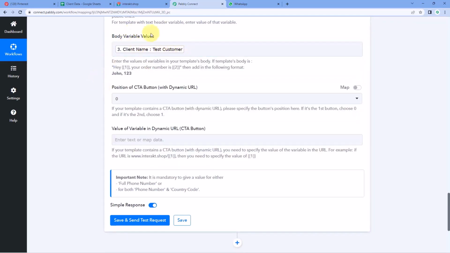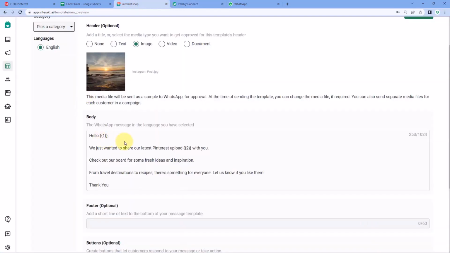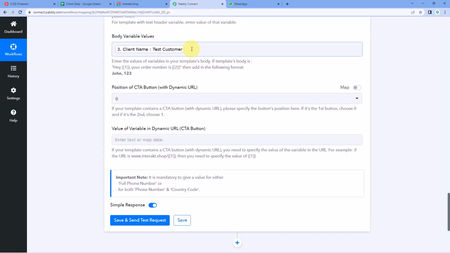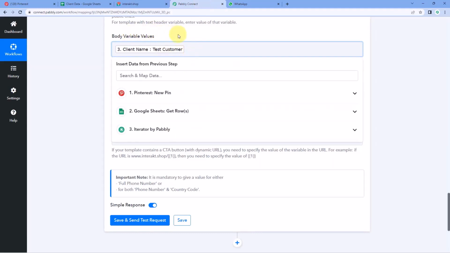Now, after mapping the variable in place of our first variable, we have another variable over here, number 2. So here the message says, we just wanted to share our latest Pinterest upload with you. So here, guys, in place of variable 2, we wanted to mention the title of our Pinterest upload. So here, to add the data of variable 2 in this body variable value, after mapping the first variable value,